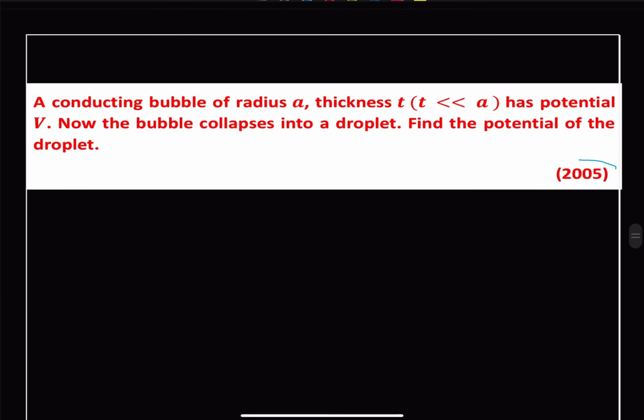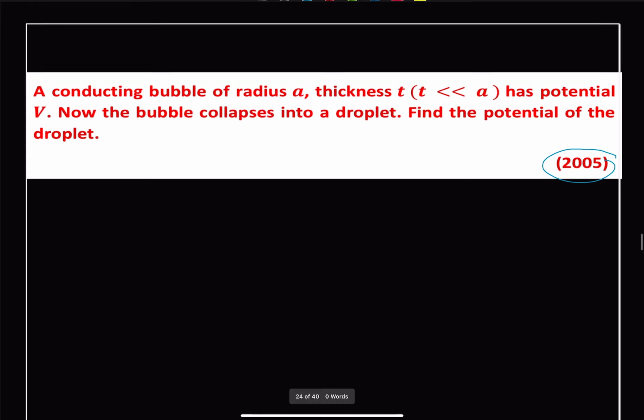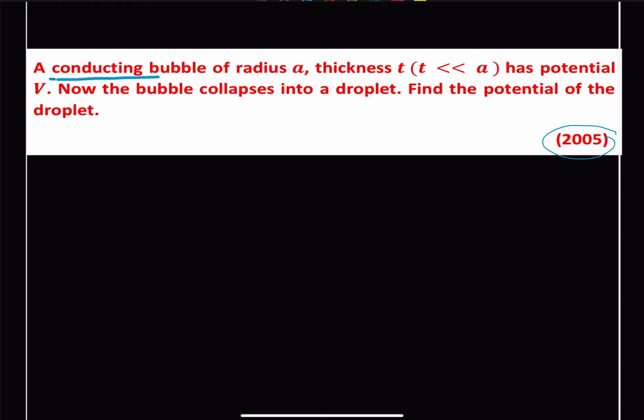It was asked in the year 2005, and it states that a conducting bubble of radius A, thickness T, has a potential V. Now the bubble collapses into a droplet. Find the potential on the droplet. So in this case, we have to remember that there is a change of shape from bubble to a droplet,